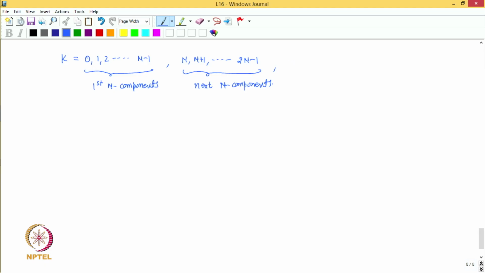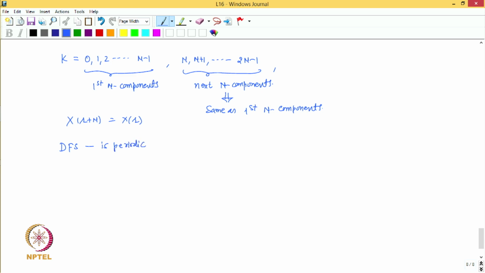Because of the result we got previously, that is x r plus n is equal to x r, all these next n components will be identical to the first n components. So, these next n components are going to be the same as the first n components we got. So, from here we see that the discrete Fourier series is periodic,